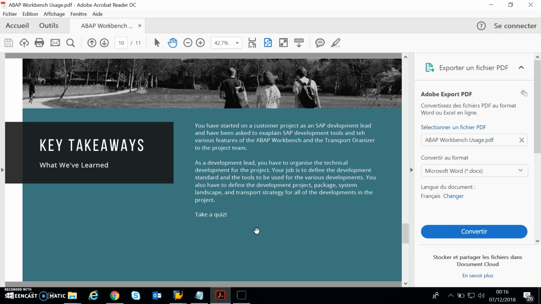So now is the time where you actually understand where you can use this. Say for example, I'll give you a real world scenario. You are the development lead and you need to organize the technical development for the project, and your main work is to define the development standards and the various tools which are needed for the developments. So you have to define the development package, the system landscape, and the transport strategy for all of your development, and you are supposed to explain it to your team, basically what is what. So maybe in that situation you would need this concept, just to give you an idea when this can be used in real life. So this would be your key takeaway,